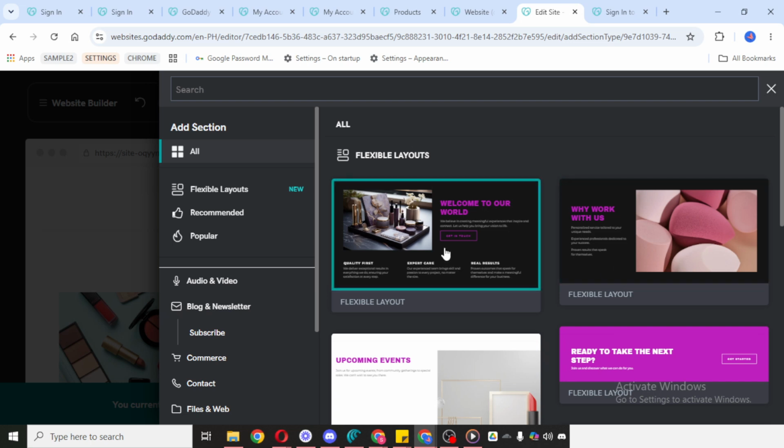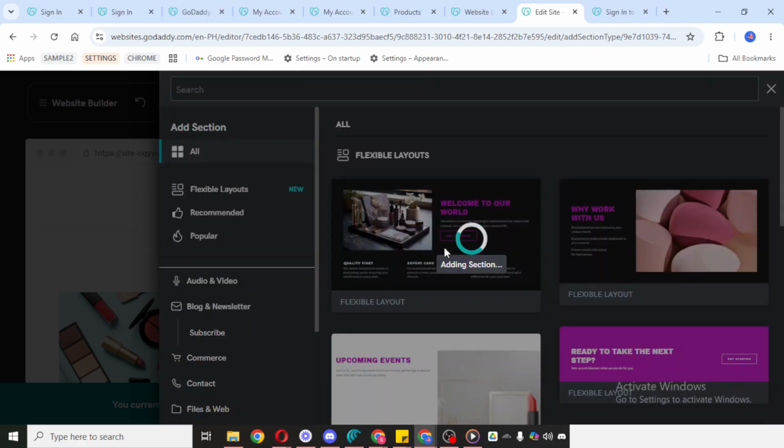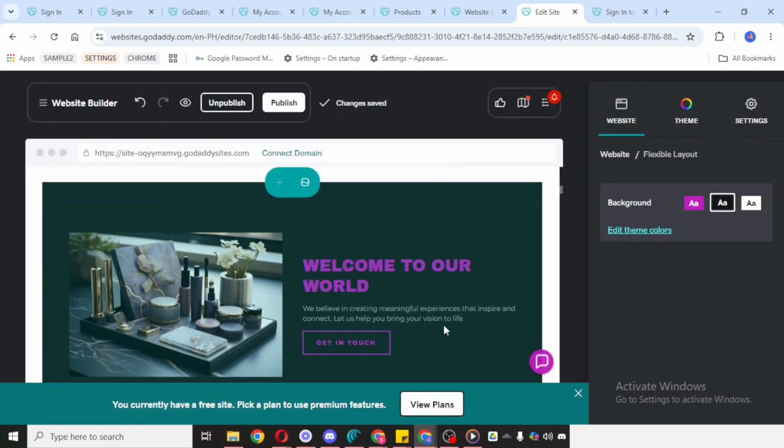Once the blog section has been added to your page, you can begin creating content. Look for the Create Post option and click it. This is where you'll write your article. Enter your blog title and your post content, then take some time to customize everything as needed. You can adjust the text, layout, and other visible elements so the blog fits the overall look and feel of your website. When you're happy with the post and everything looks the way you want, click Publish. That will make your blog post live on your website.